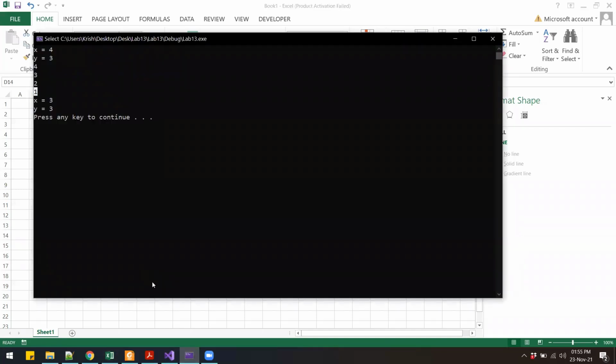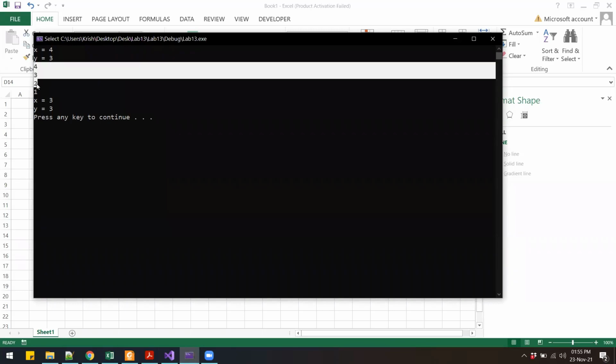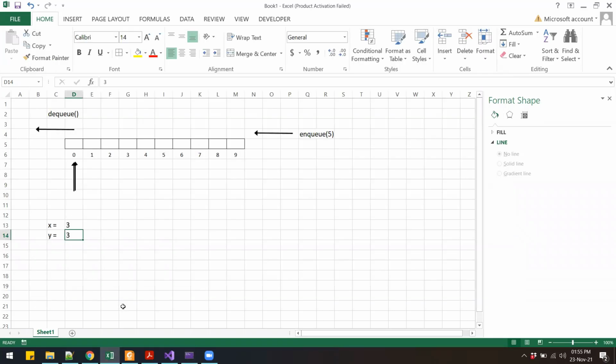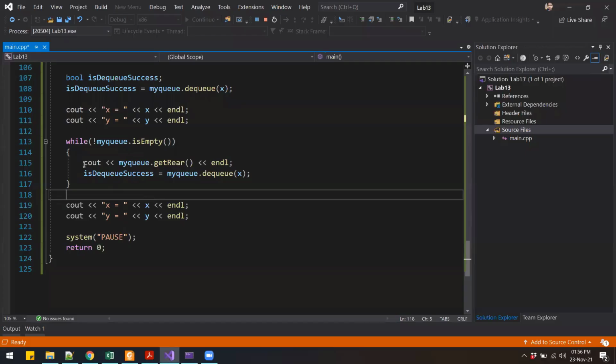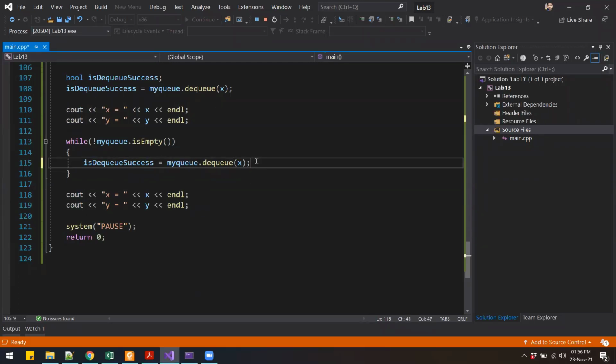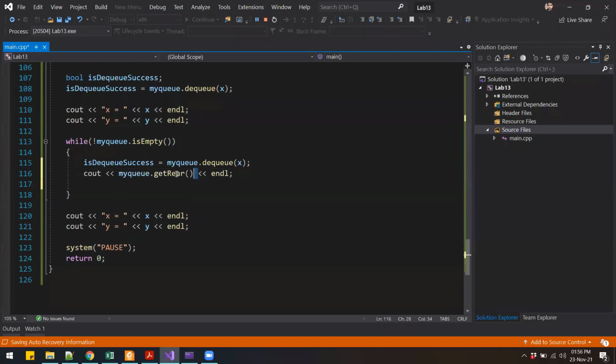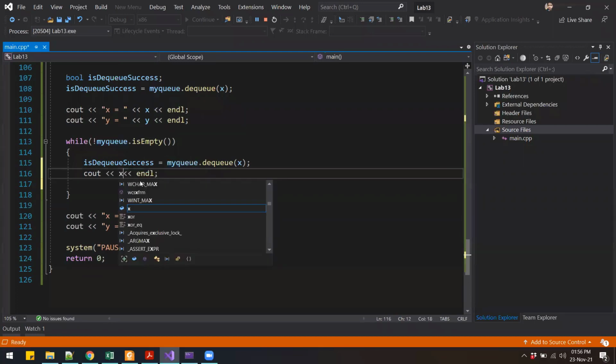Now in here you have seen that we are printing only the indexes. Now instead of printing the indexes of the RIA pointer, let us print the value of the queue as we dequeue them. So instead of printing the RIA, we can instead dequeue the element and just print the element that was dequeued.